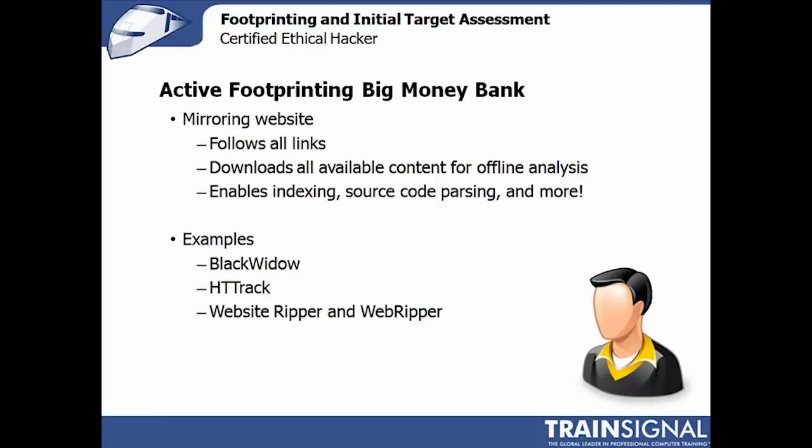When progressing from passive footprinting to active footprinting, one of the first things I typically do is go grab a copy of a company's entire website. So in this case, Big Money Bank has a public website. Nothing wrong with actually going out and browsing around, looking at it manually. But I think it's a little bit easier if I just download the entire website to my hard drive, because